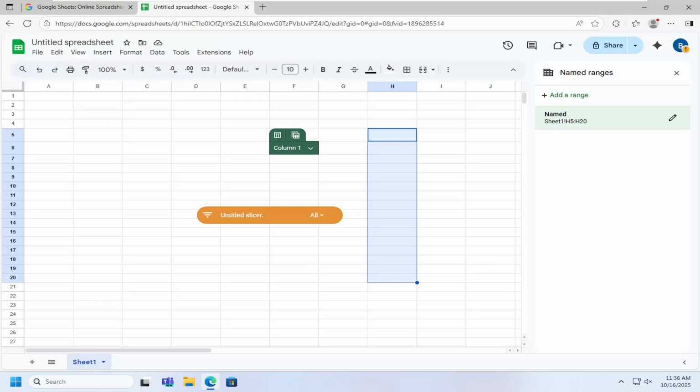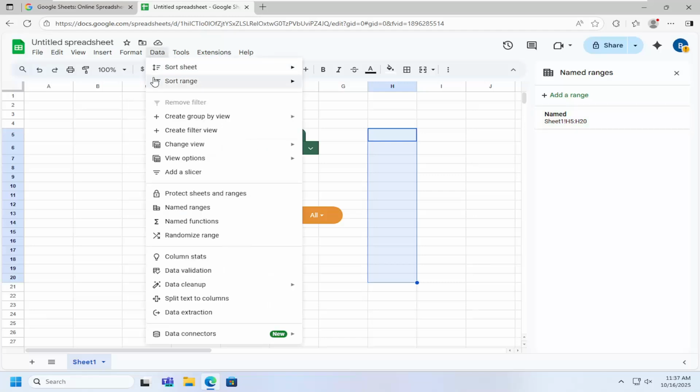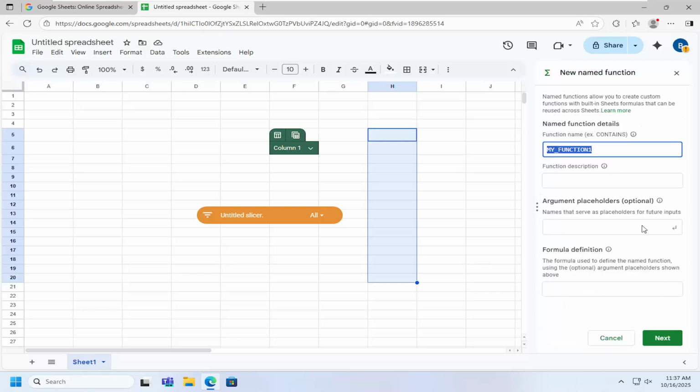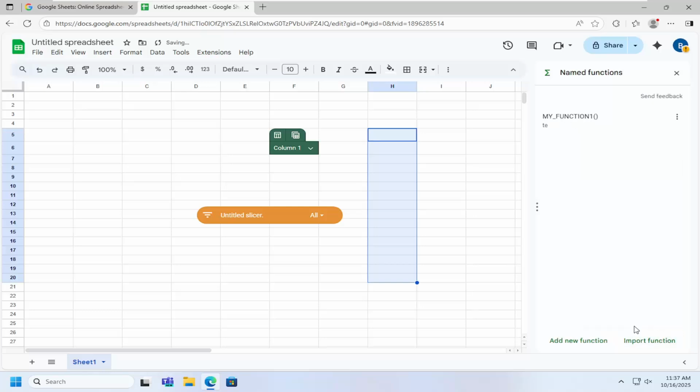So all you have to do is open up your Google Docs spreadsheet, and then you want to select the Data tab at the top, and then going down here, you want to select where it says Named Function. Select that, and you can select the Add New Function at the bottom or Import Functions as well. Type in a description if you want. You can also type in a definition for the formula, and then Next, and then Create, and that's all you